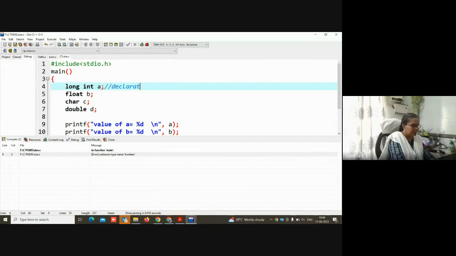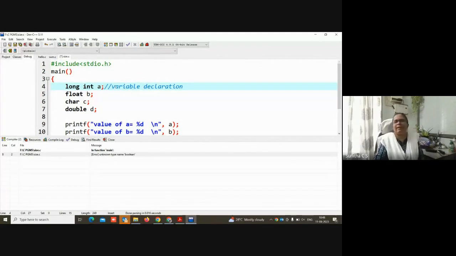So now what happens over here is basically known as variable declaration. I'm just declaring a as a variable of type int, b as a variable of data type float, and c as a variable of data type char.